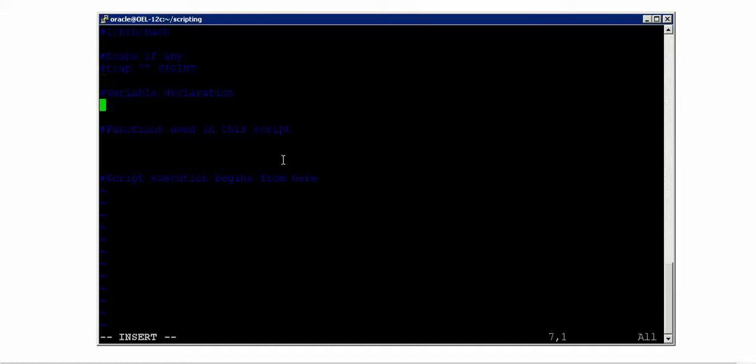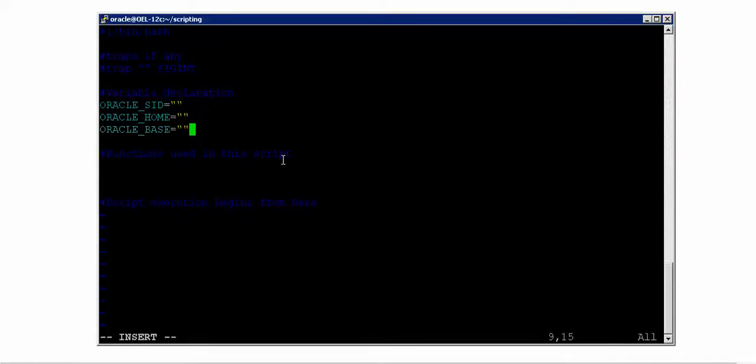Now for variable declaration, as of now, whatever variables I can think of: ORACLE_SID is equal to nothing at the moment, it is empty, and ORACLE_HOME is also empty, and then ORACLE_BASE is also empty.